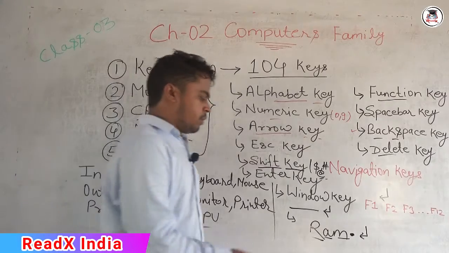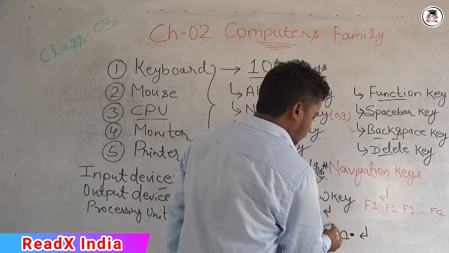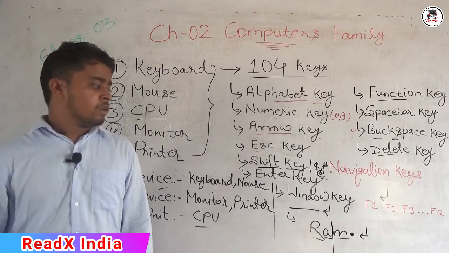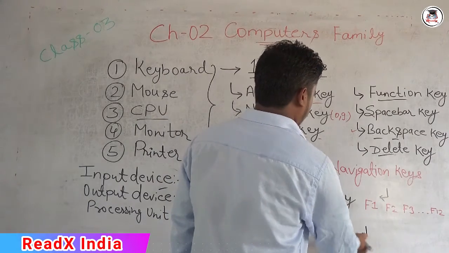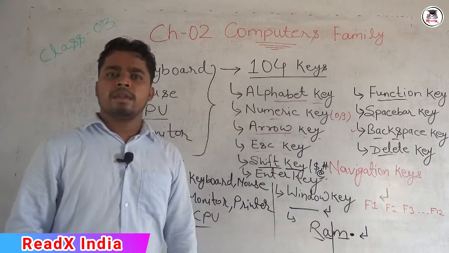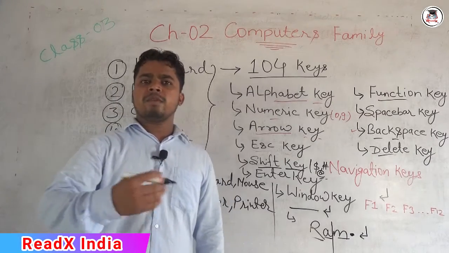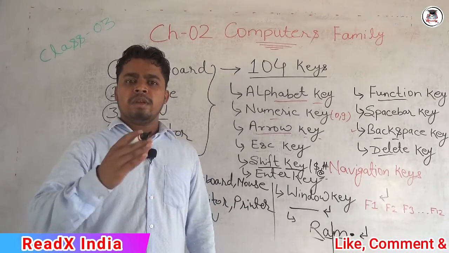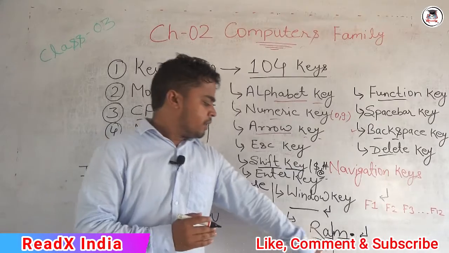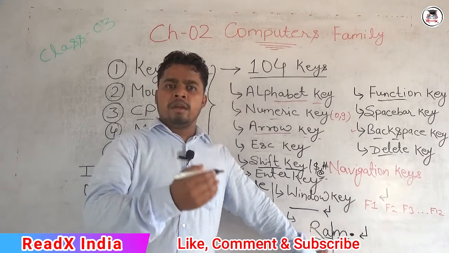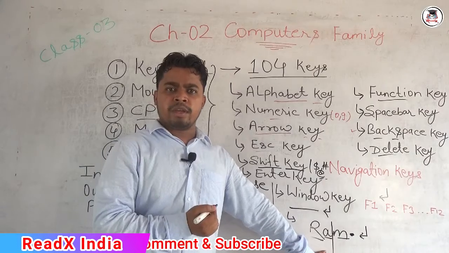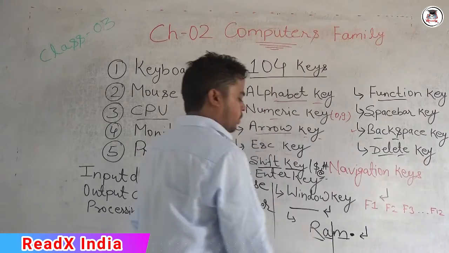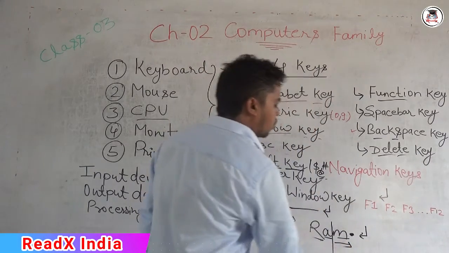Now suppose our cursor is present over here, in between the characters A and M. If we press the backspace key it will remove A. So basically what backspace is doing is removing the character from its left side. Wherever the cursor is present, from there it removes towards the left. Now the delete key will delete the character towards the right side.